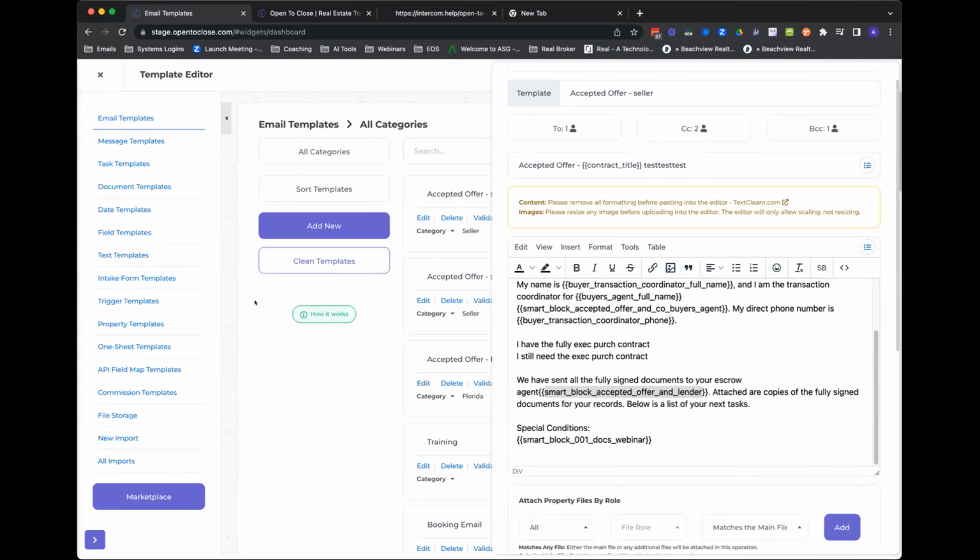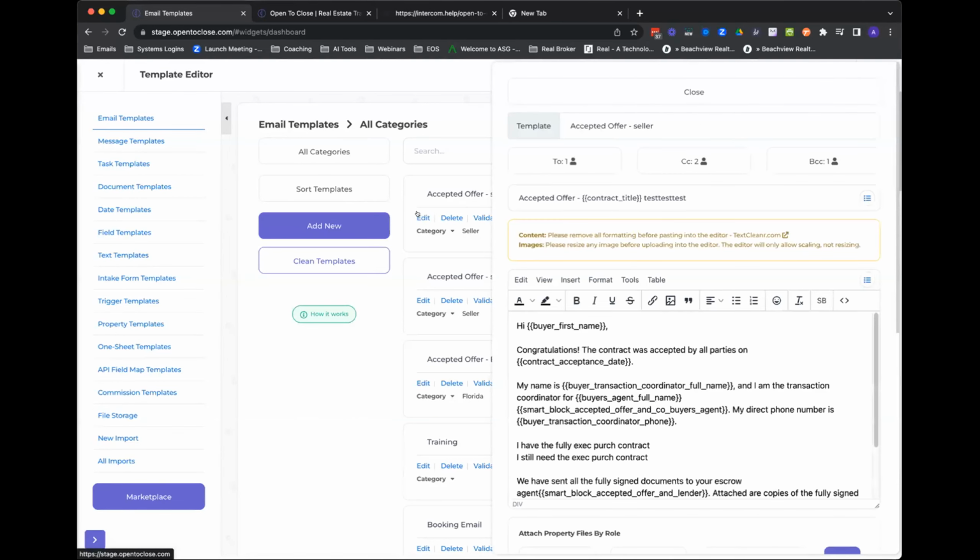All you have to do is check those boxes and everything happens automatically for you. So special conditions is a really cool one where you could have a list of 15 conditions spray out just from one Smartblock group. But one of my favorites is, and let me try to find one that has this in it,